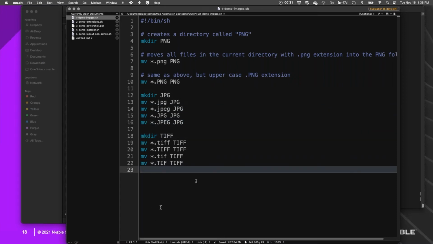I could just keep going on and on with every different extension that I wanted to manage. And this is a valid way to do those sorts of checklist items, things that you would normally have to run, again, sitting at the keyboard and putting in the command to move your backups into an archive or what have you.